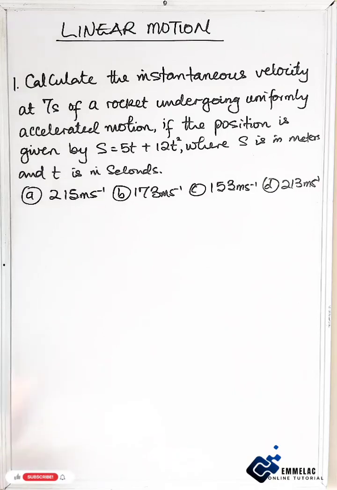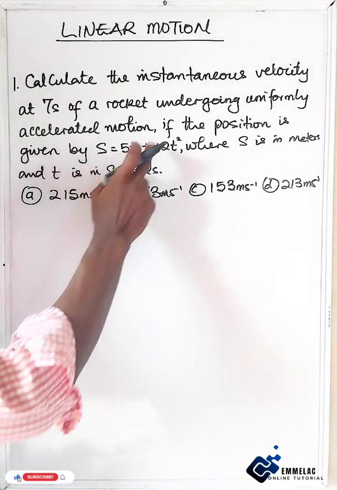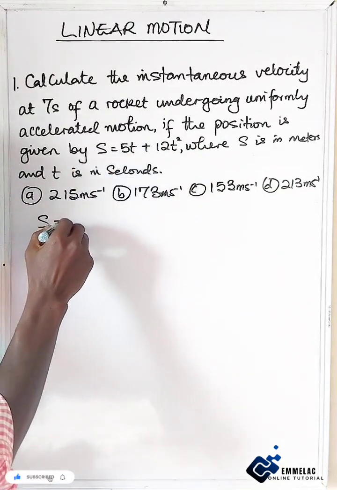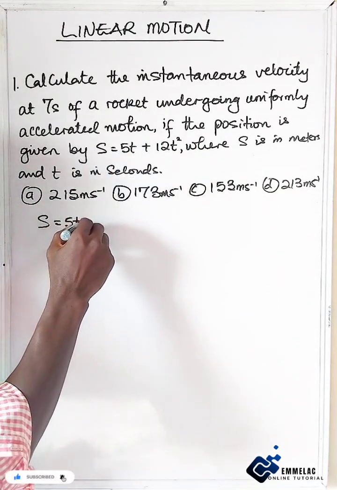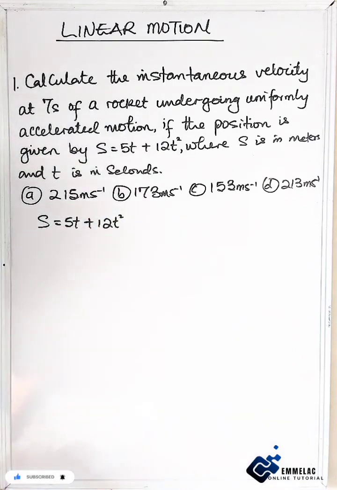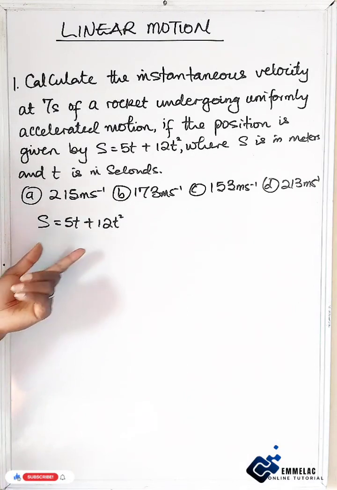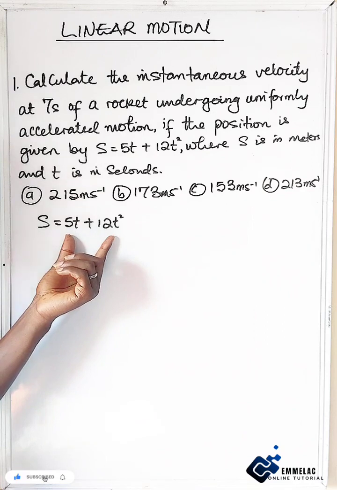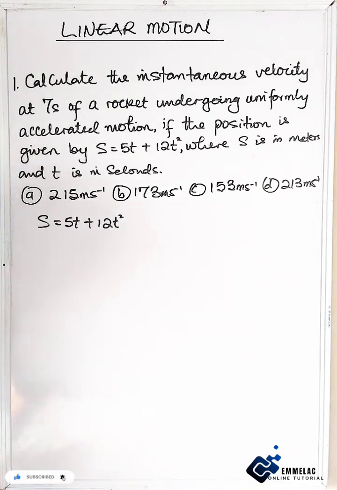Now, looking at the question, we are given that the position is given by this equation, which means that the position s is in relation to the time t. Now in this case, how then do we find the instantaneous velocity? Let us recall